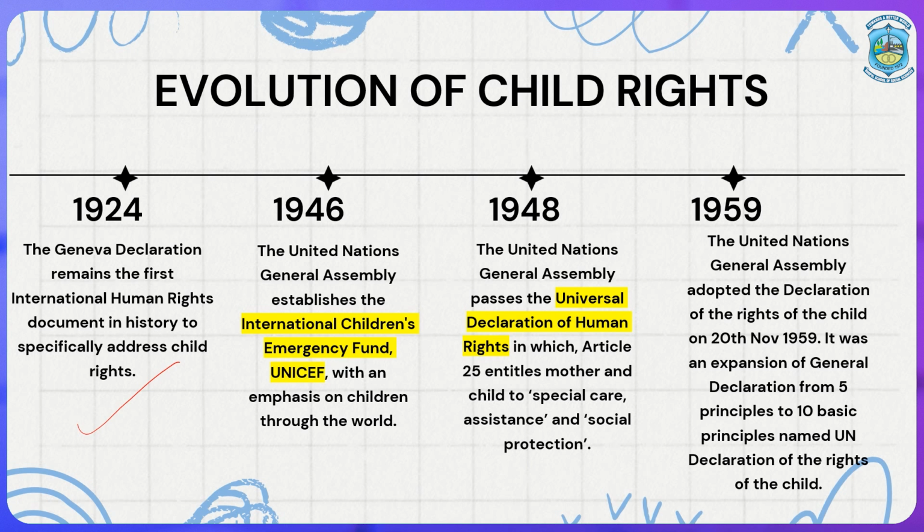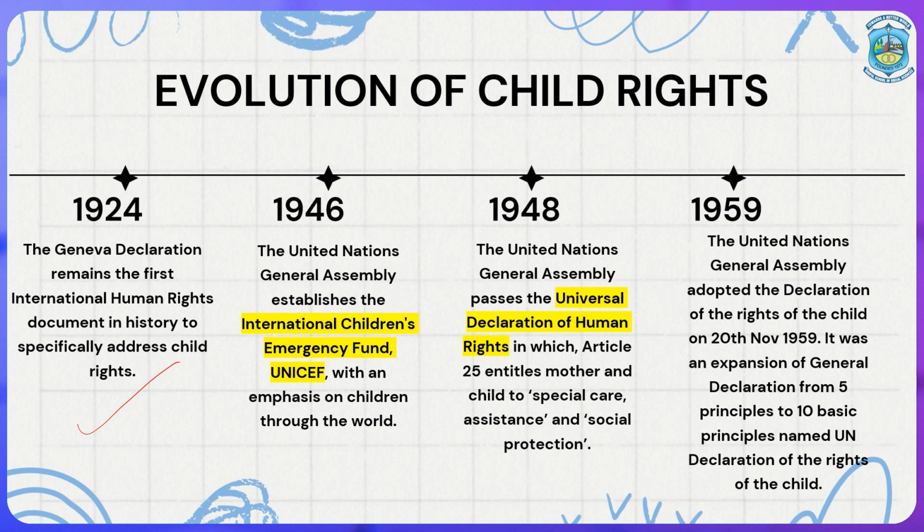throughout the world. Then 1948, which is an important date, the United Nations General Assembly passes the UDHR, the Universal Declaration of Human Rights, in which Article 25 entitles mother and child to special care, assistance and social protection. So, you need to remember all these dates. 1948 is very important because the UDHR was established, and concerning child rights, Article 25 focuses on the mother and